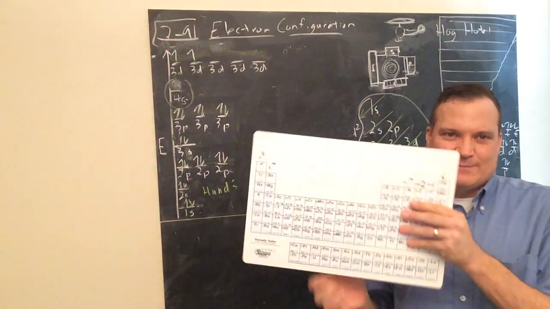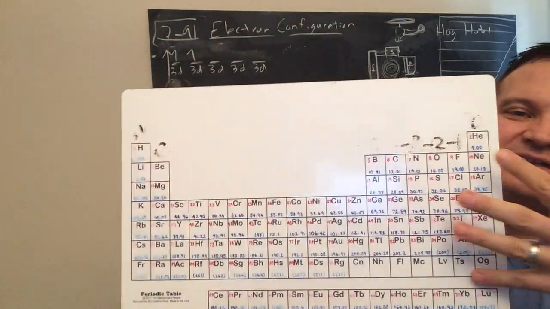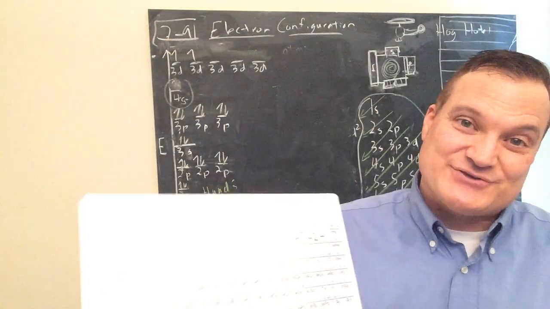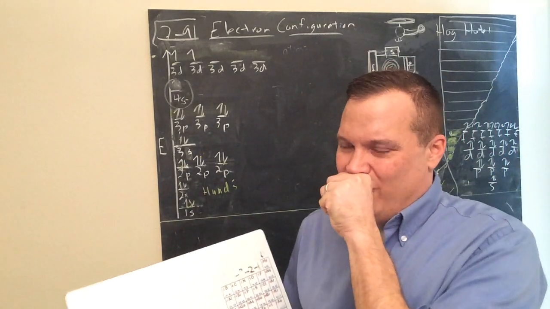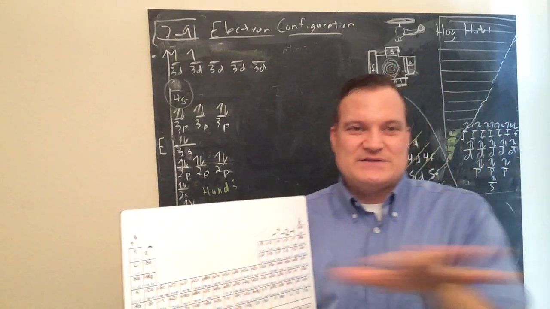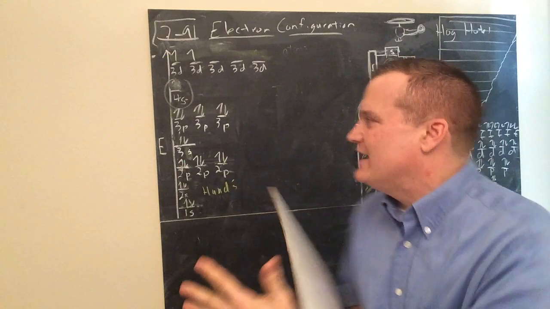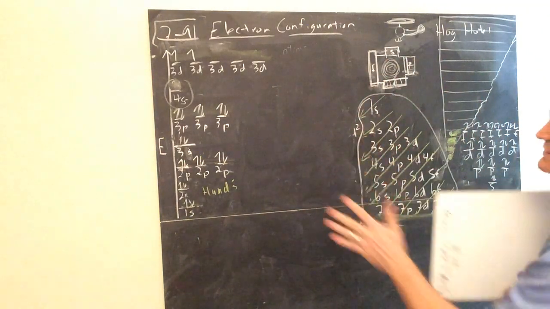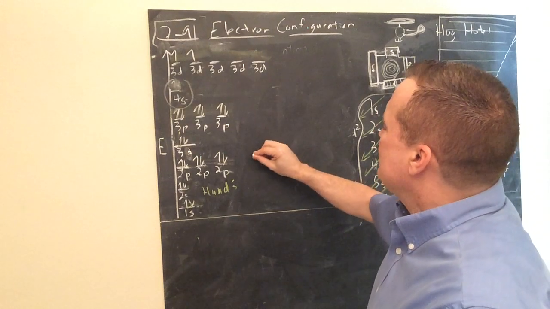The periodic table is actually designed, the shape of the periodic table is designed based on electron configuration. You'll be like, why didn't you tell that in the beginning? Well, I've talked almost over an hour on all these videos you've seen, and I didn't want to tell you this until now because I want you to understand the whole structure so it makes sense, kind of. Okay, here we go. So first, on the periodic table,